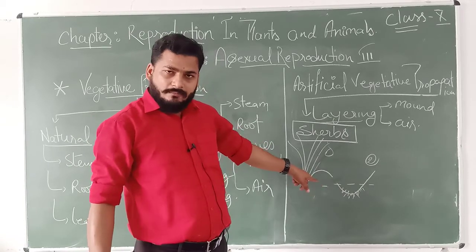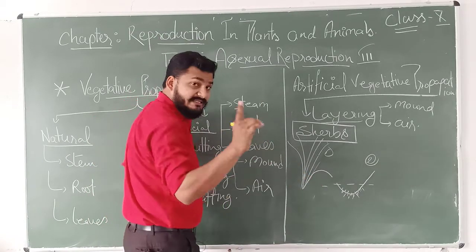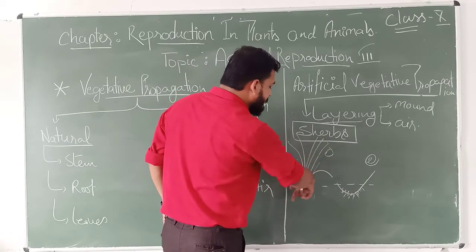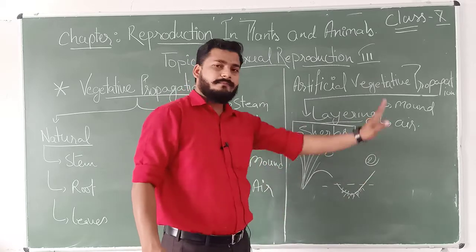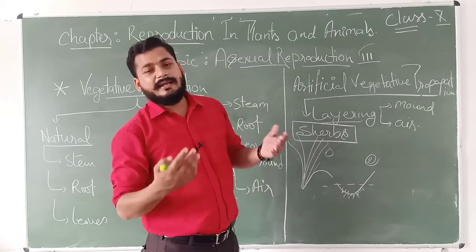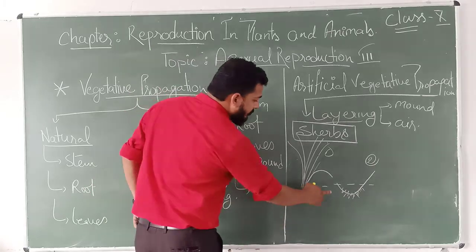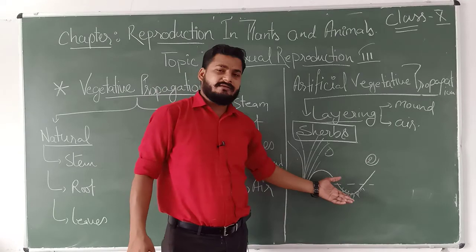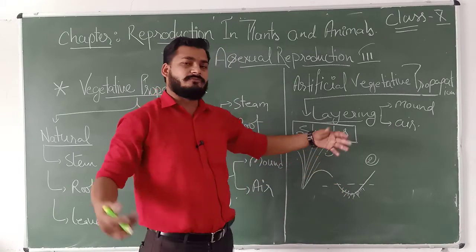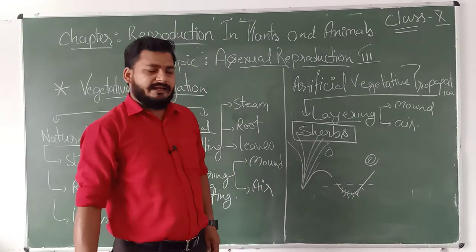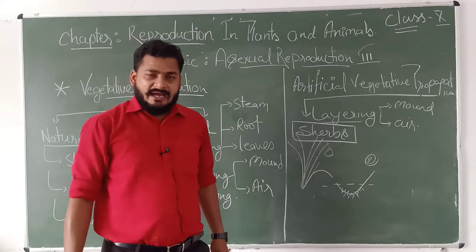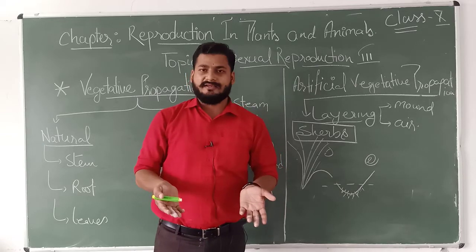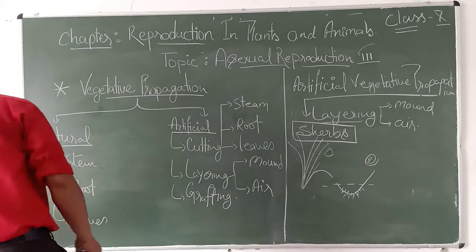We can do one more thing. See the advantage of this technique. We can take several stems of this plant and put them in the ground and get many plantlets. Suppose we are doing the same with this one, this one, this one, this one, this one, at the same time we can get 5 more plants. Means in less time we are getting more plantlets quickly. A more efficient way.